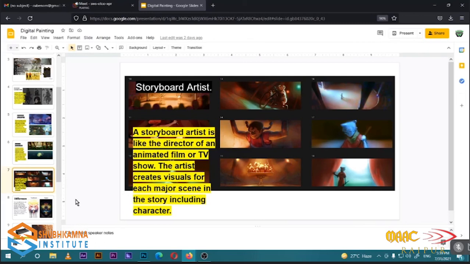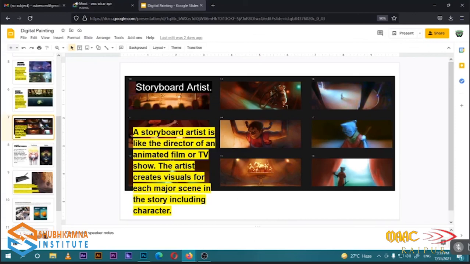So these artists create all these comic-like structures to help people learn about the story and the vision of their director or the art director. All right, so these are the scopes in the digital painting process, and there are a lot of things in this field which I'm afraid we cannot tell you right now, but we will definitely do some more sessions regarding these, and then we will let you know about it.